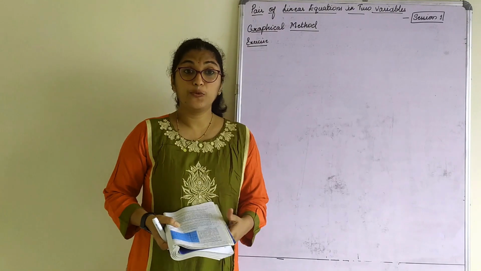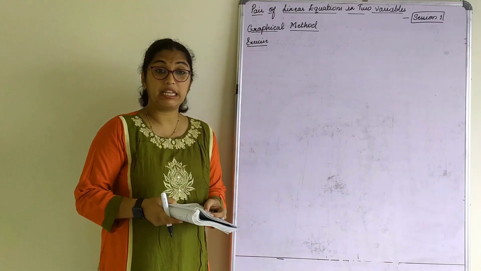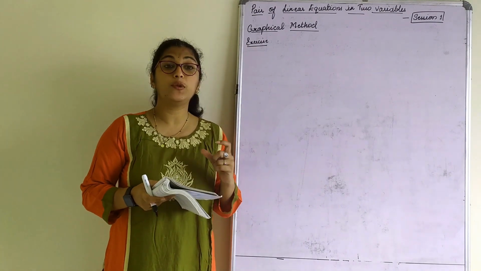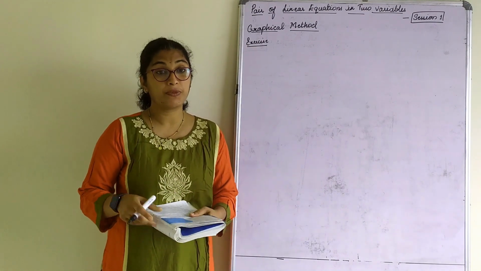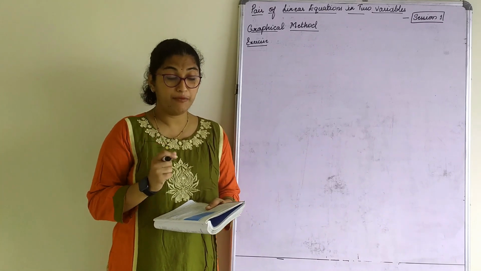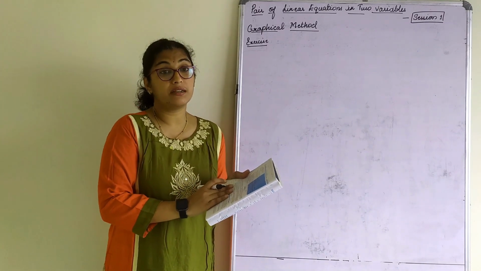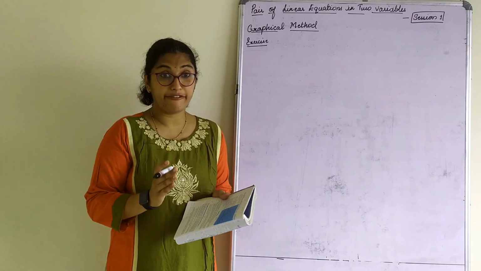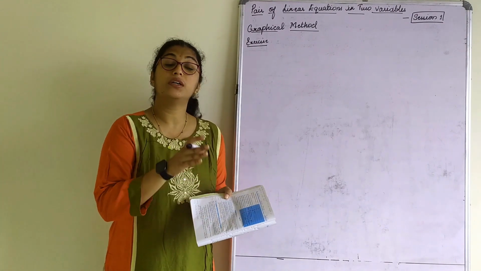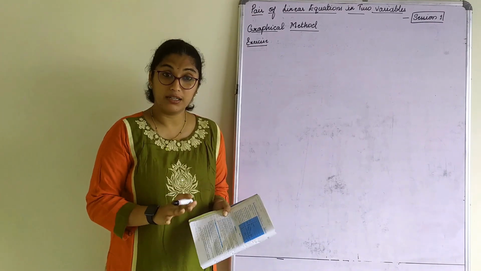So we first start with the graphical method. In the graphical method, the first exercise has only 3 sums. All these 3 sums we are going to represent graphically. Now you all have your graph book, so please take it out. Today's exercise, 3 questions, that is 3 sums, will be solved in the graph book. That means you need to write the question in the graph book, the solution also in the graph book, and of course the graph also in the graph book.